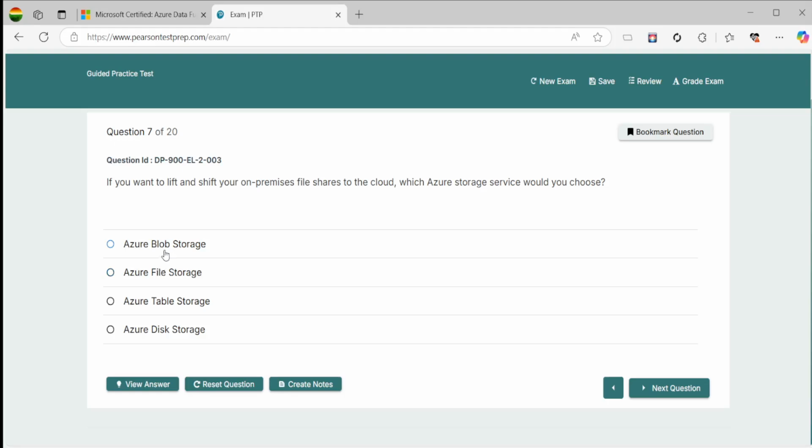Blob storage is for storing unstructured data. Table storage is for key value pairs. Disk storage is not really a thing, but file storage, Azure Files,